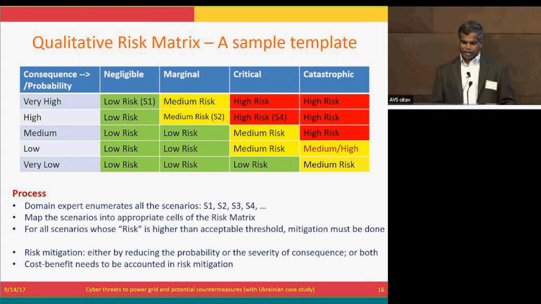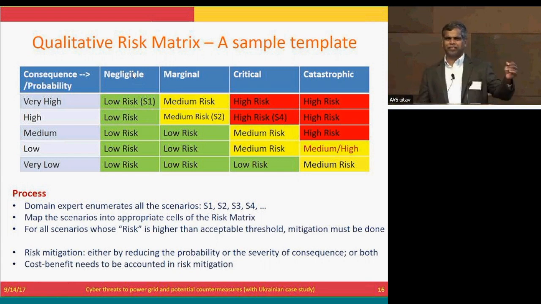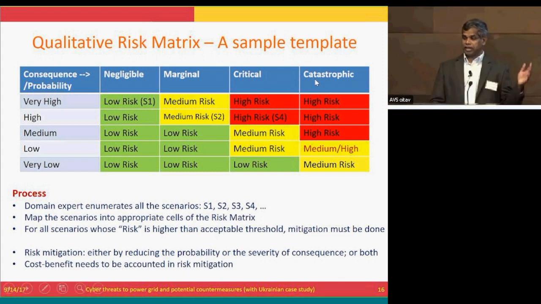For risk calculation, you need the probability of something happening and the consequence, those 2 quantities. Consider the consequence of some substation being compromised. If this is a very simple substation, not many high voltage buses connected, then probably it is marginal. There may be other substations which are very critical to the connectivity of the network itself.